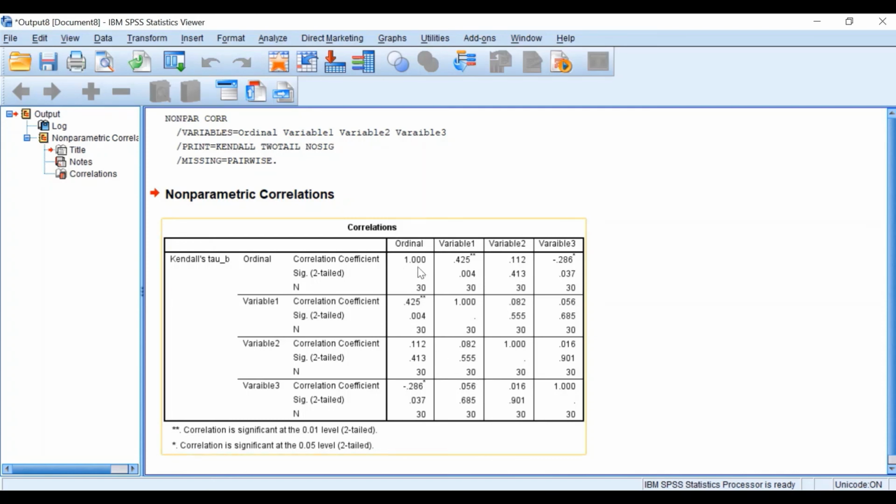So in this case, as we can see, correlating the variable to itself gives a correlation coefficient of 1, as it correlates with itself. If we correlate the ordinal variable with variable number 1, we can see here that the coefficient is 0.425. So there is a positive correlation, a moderate correlation, and it is statistically significant, as the p-value is 0.004. So here we can safely and with confidence state that correlating ordinal with variable 1, the relationship is positive, the coefficient is 0.42, and it is statistically significant. When there is an increase in the ordinal, there is an increase in variable 1. So it is a positive